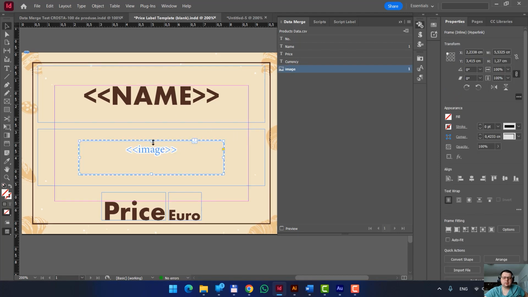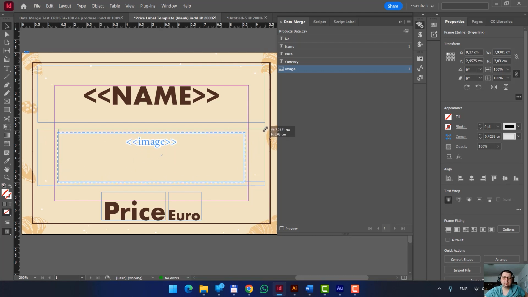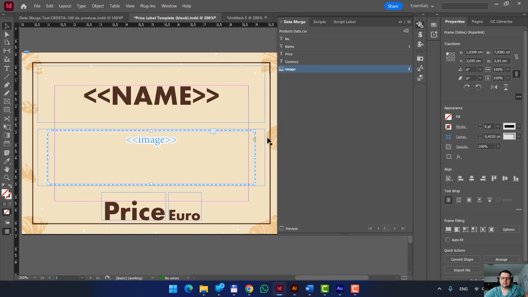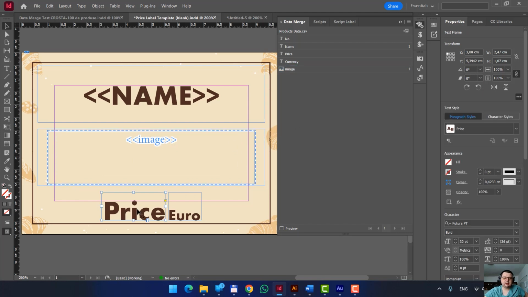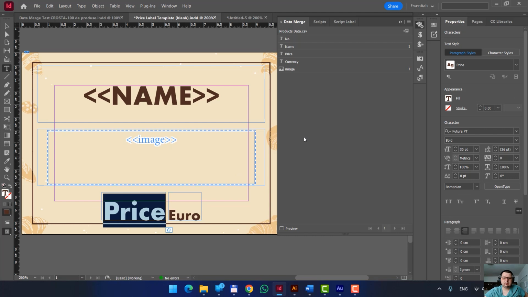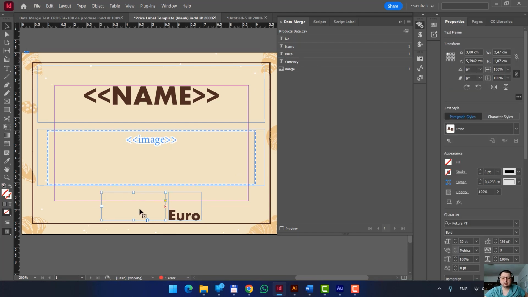And now you see that I have a bounding box and I need to make it a little bit bigger so the image will fit to this bounding box. And I want to change price as well. Let me select it and click on the price. And now the text has disappeared, it is overset because it's a little bit bigger with those left and right arrows. Yeah, if I drag this box, you'll see that the price will be visible again. But let me